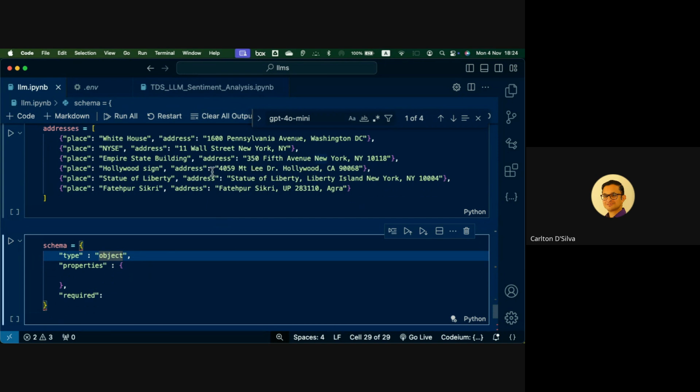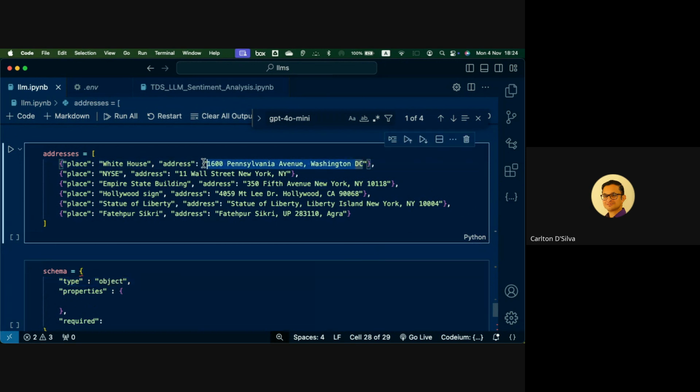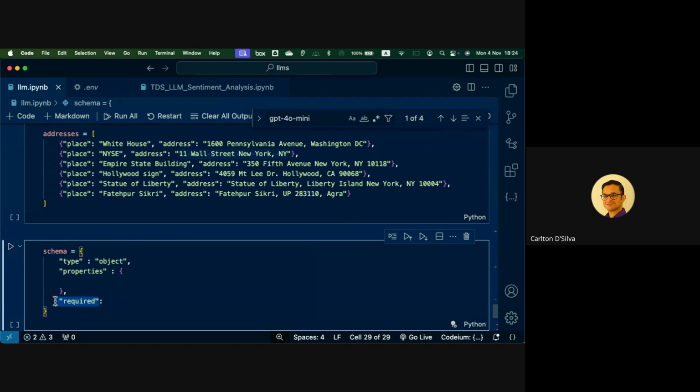But not all these will have every bit of information that we're looking for. So if you look at this one, this does not have a pin code, right? If you look at this one, this doesn't have a pin code. So if it doesn't have that information, then those might be optional, right? Maybe they're not required. So it's this key that we use, the required key, that will help us to tell GPT, hey, this is the schema, but these fields are required in this schema.